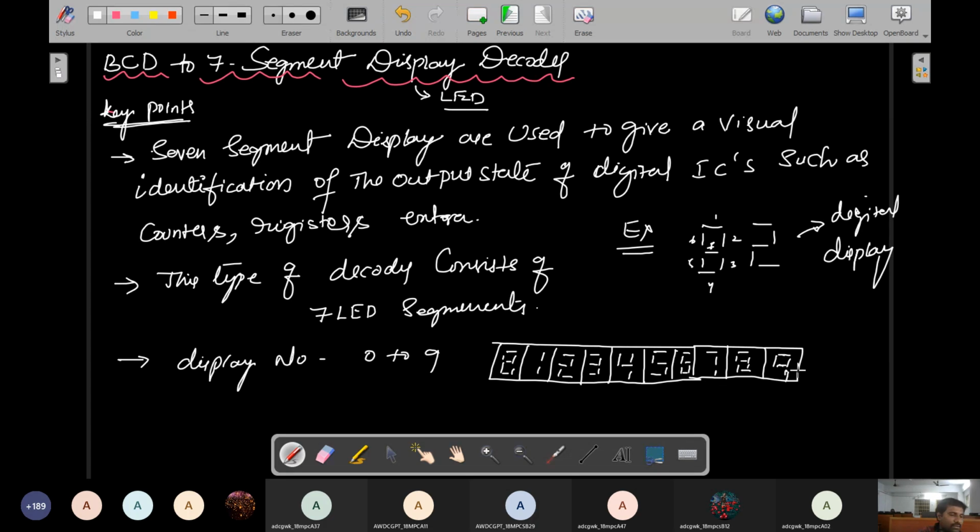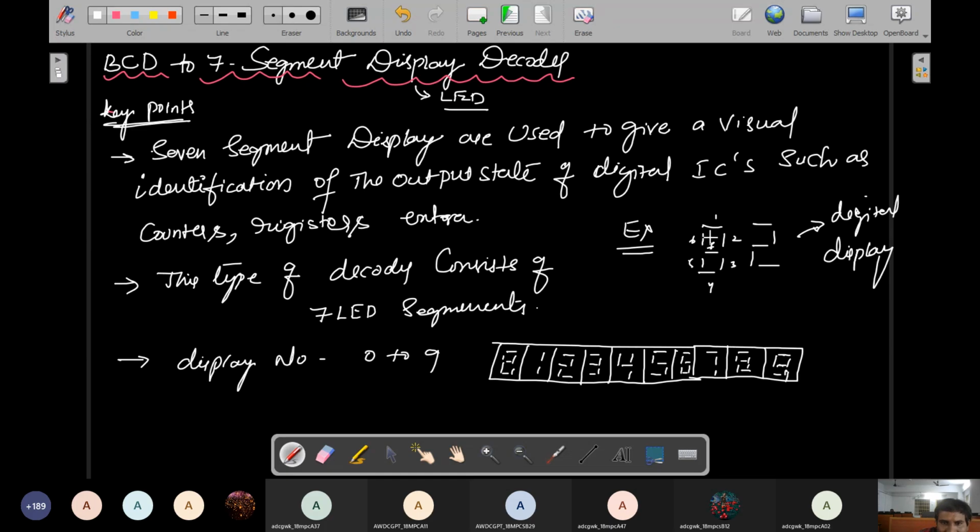So this is 9. The display number starts from 0 to 9, and these numbers are operated by using a BCD to 7-segment display decoder. Please note, everybody, I'll draw the block diagram of the BCD to 7-segment display decoder. Generally, a 7-segment display is nothing but, for example,